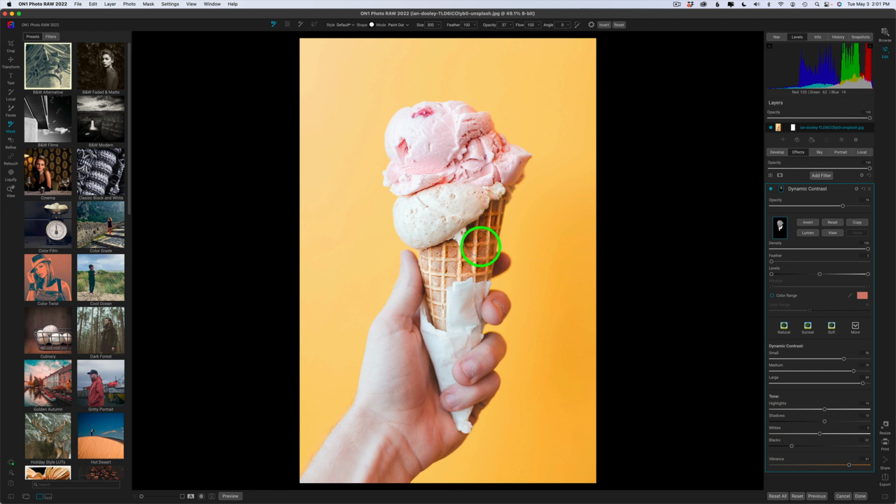So I can ease that back just a little bit. But these are all little tips and techniques, and remember these. Okay, so now here is the before and here's the after. So I think that looks much better. This is all I want to do, so I can come down and click done, and that'll send me right